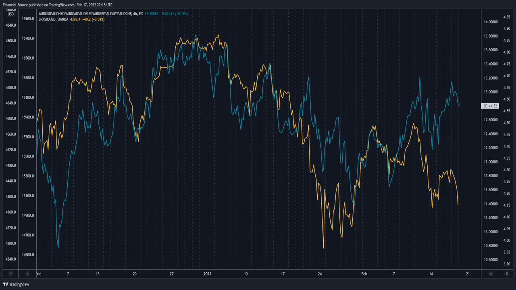So when correlations like this start to break down, you often hear some participants say things like the market is rigged, or the market is broken, or something is wrong. But I think when correlations are not working, it means that we need to take a closer look at why that correlation isn't working. And we think, in line with the broad rationale for that Aussie dollar trade that we've been talking about for quite some time, that the reason for the Aussie's resiliency, despite the pain felt in equities, was partly due to some other supporting factors.